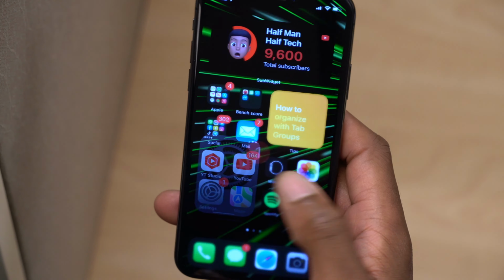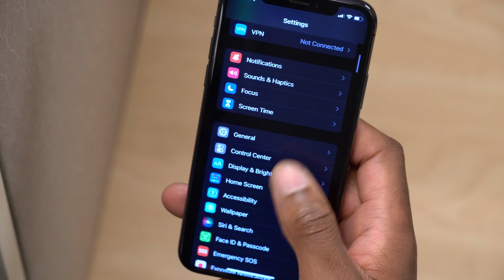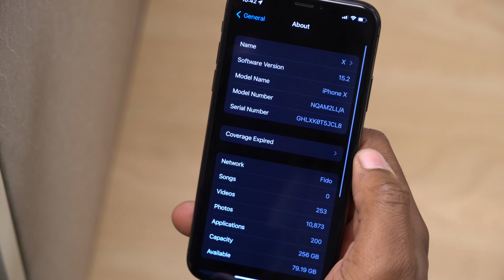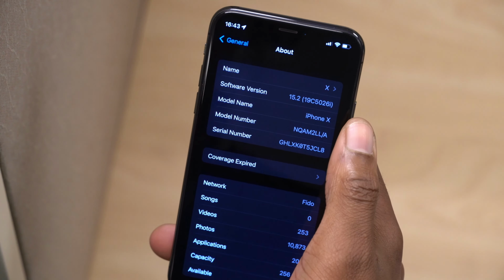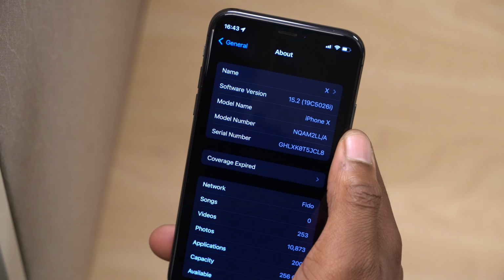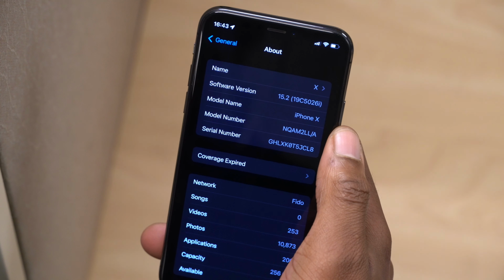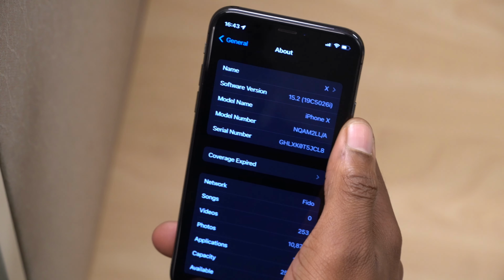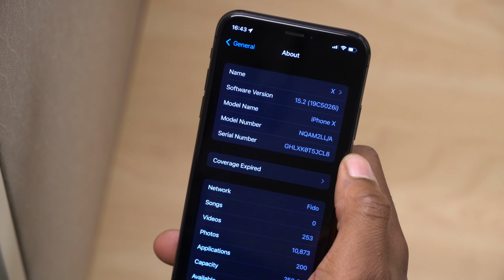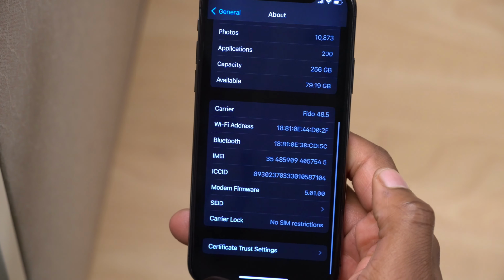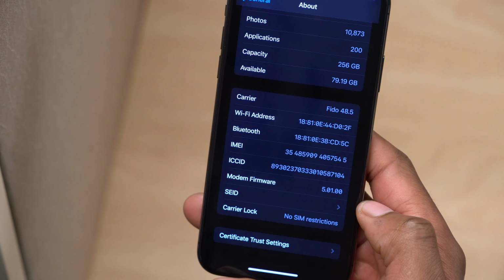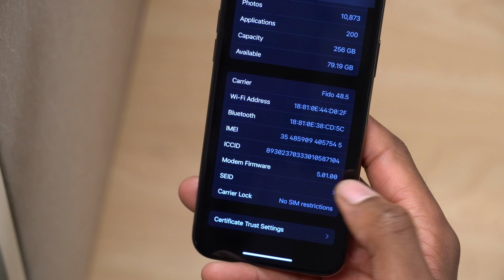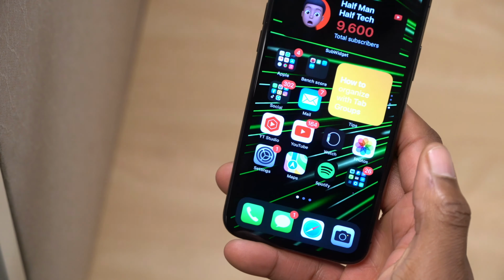If we go into the settings and then go to general and go to the about this iPhone section, you can see the new build number that we have, and it's highly unstable as it has an i at the end, so it's 19C5026i. I being highly unstable, I wouldn't really advise you update to this. And we also have a modem firmware version update, as it has been updated from 5.00.00 to 5.01.00. Now those are the software changes that came with this update.